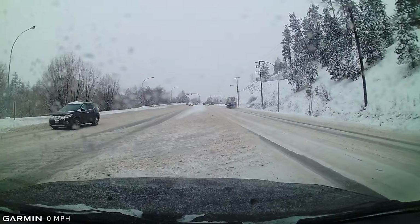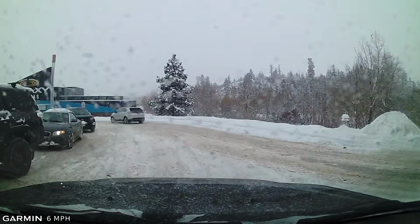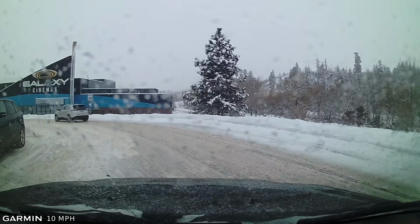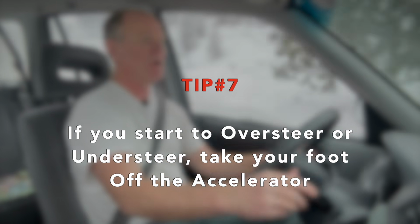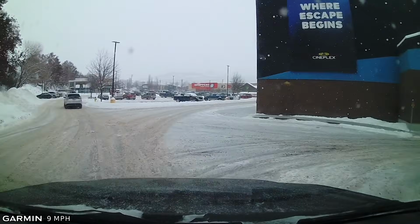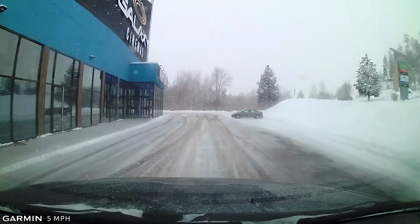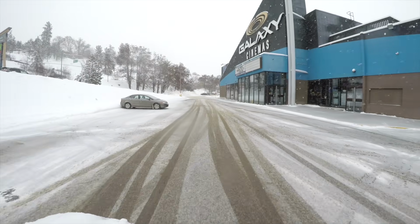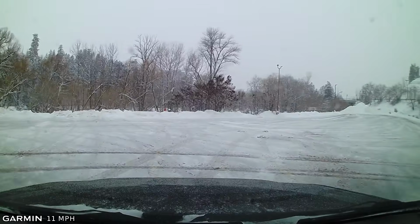Okay, meeting the gap. And you'll have to come off the throttle too when you get that steering. If you start losing steering and it starts to kick out, just take your foot off the throttle. It'll start to straighten around if you're not going too fast. Nice and slow in parking lots. And again, we're trying to steer, so we're not braking while we're steering. Okay, and this parking lot's been cleaned out, so this isn't really what I wanted, but we'll do what we can here. Okay, so if I kick loose here,